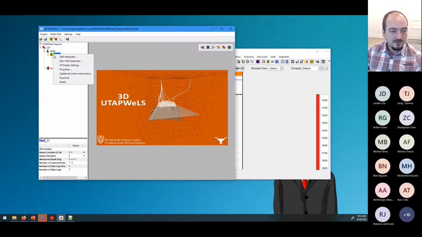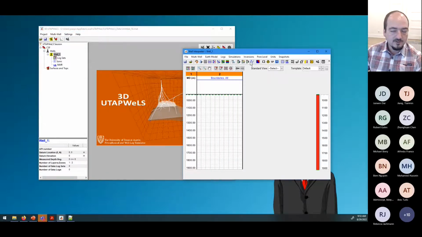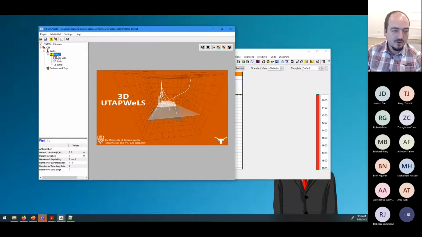If you right click on it, you can see multiple options. If you double click on it, it just brings up the well interpreter. If you click once, it just selects it. So left click, and then you can also open a well interpreter, or have another well interpreter. Display settings is for when you're going to plot in here, and then properties is the one that I care about